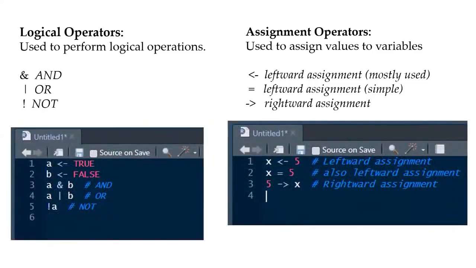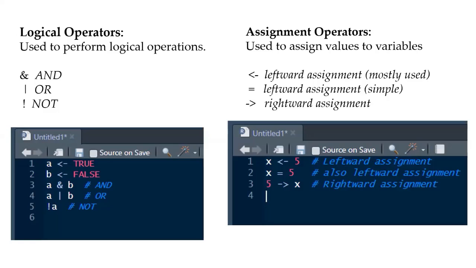The logical operations are performed on logical values. It only works on logical values, and the logical values are true and false. So I have A assigned to true, and then B assigned to false. If I do A and B, I'll get false. But if I do A or B, I'll get true. If I do not A, I'll get false. Now the reason why I'm getting false for and and true for or is that when you use the and,